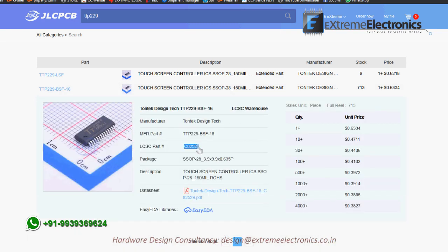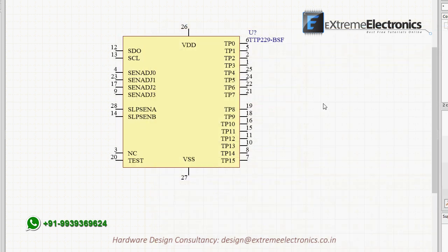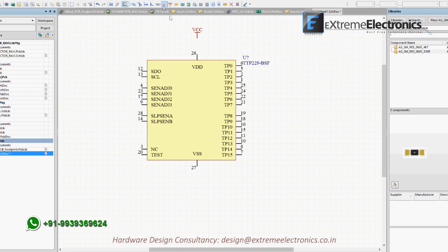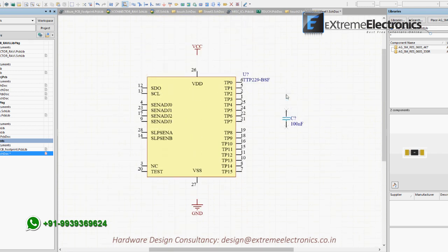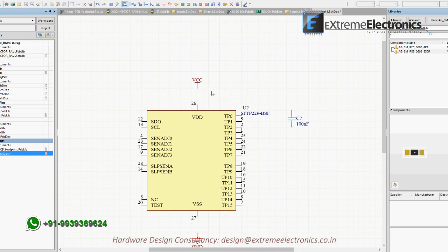So here I have also added a property to this component that has the JLC stock number in it. This saves my time, and when the BOM, bill of material, is generated, we have this stock number of all components in a separate data column. Let us start by connecting its power supply and ground pins. Then we will add a decoupling capacitor between VCC and ground, and we will use a 100 nF capacitor